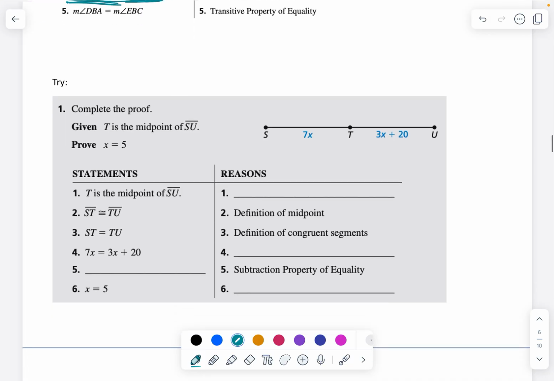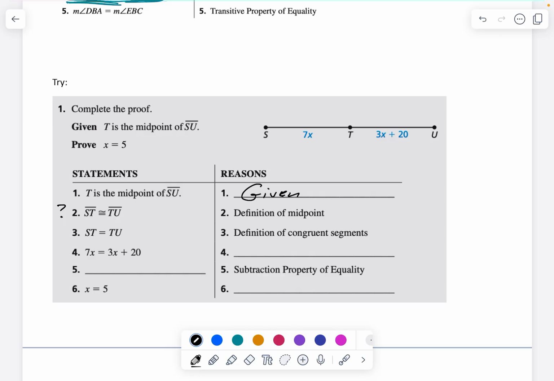All right, so let's take a look at this one. Complete the proof. So look at the diagram, right? We've got T as a midpoint. We've got some measurements indicated. So let's do this together. T is the midpoint of SU. I hope we can all do this one. Given. Okay, so here's where, when we start writing our own proofs, so this one, technically, by definition of midpoint,